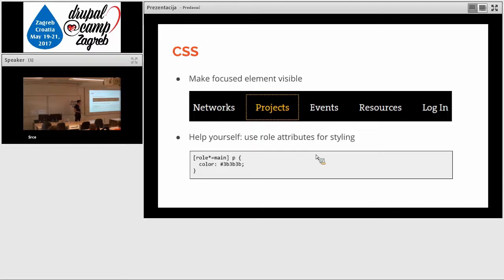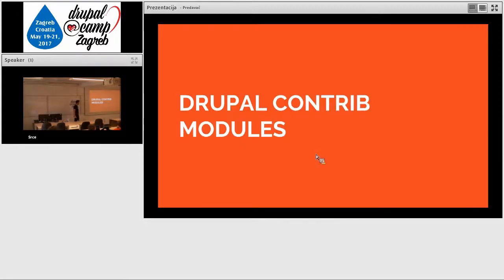For example, this is the color of the paragraphs inside of the main content, because role main can only be one. So by the rules, there can only be one main part of the page. So if you have special paragraphs in the main part of the page, just help yourself and use it. Okay, and now this was more or less the things that are really important,